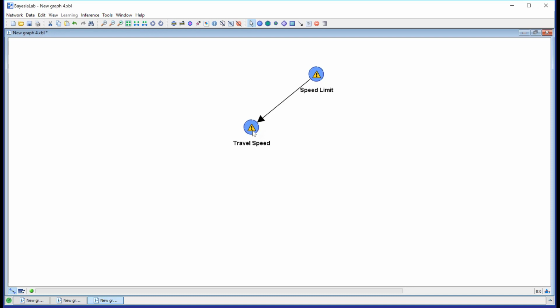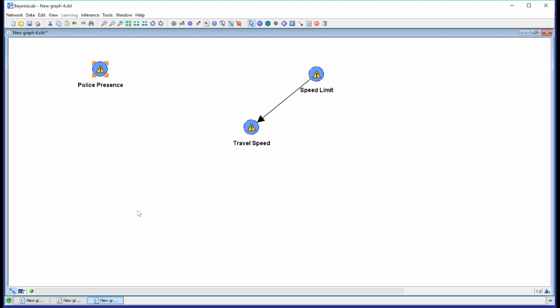And now let's think about what else belongs in here. Of course, police presence. That plays a major role, because if we had no concern about getting caught, then perhaps we would speed even more than we already do. So here's a variable, police presence, and that as a binary variable, true and false, makes perfect sense. So that works. Okay, so now we can think about, well, how do they interact, these variables?